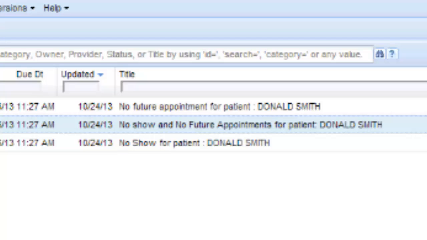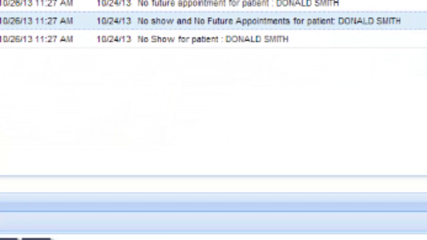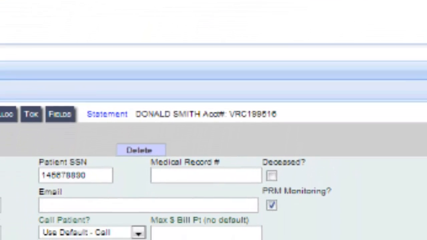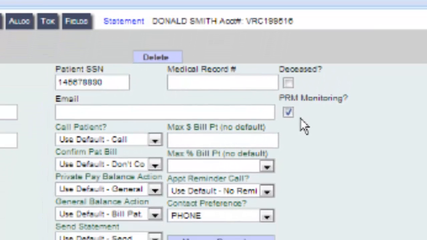Just so you know, if you do happen to have a patient that only comes in as they need and they don't actually have any set schedule or anything like that, you can actually turn off the automated tickets for that particular patient. Up at the top right of the patient account, we have this PRM monitoring checkbox, and all you have to do is uncheck that and hit save,